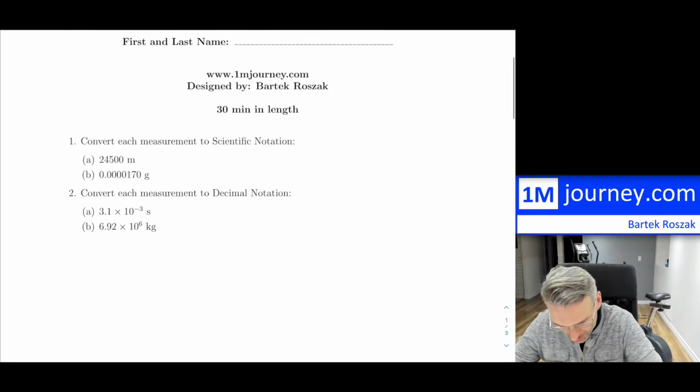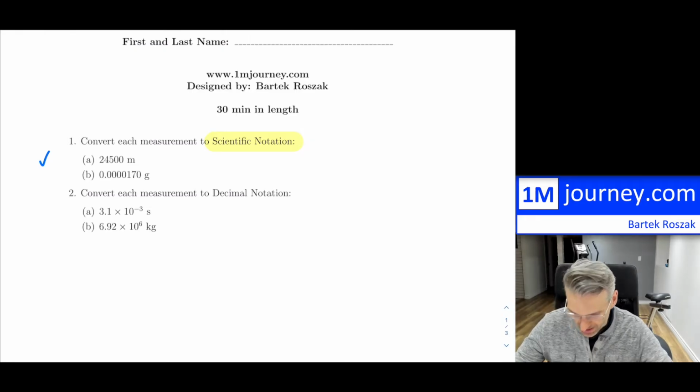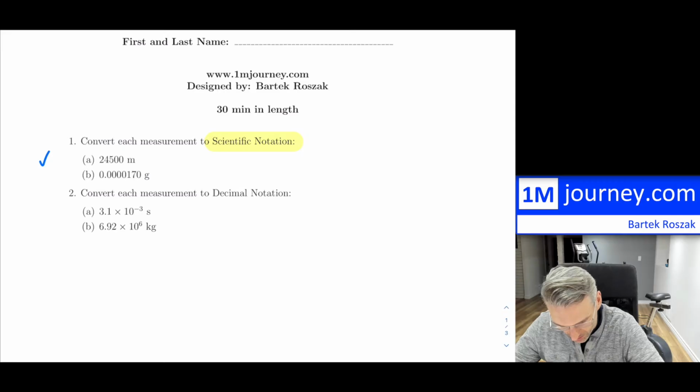Here's question number 1. It's asking us to convert each measurement to scientific notation. We have 2 measurements here, A and B, and we can convert these to scientific notation. So the first one,